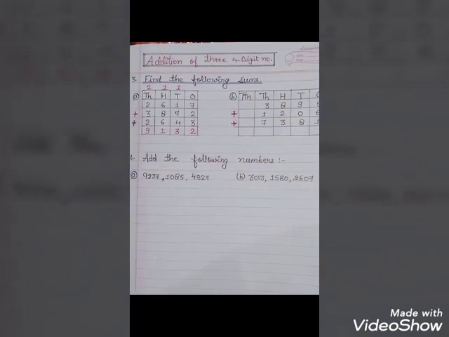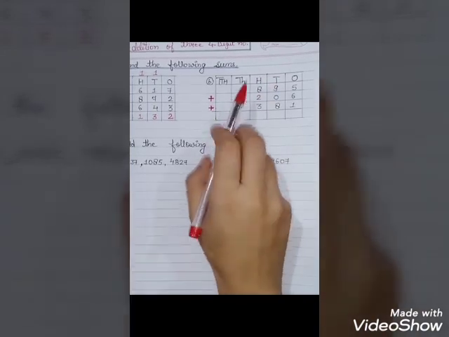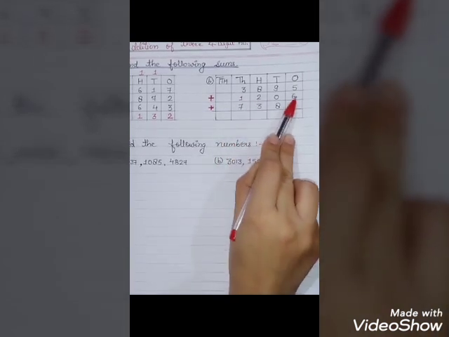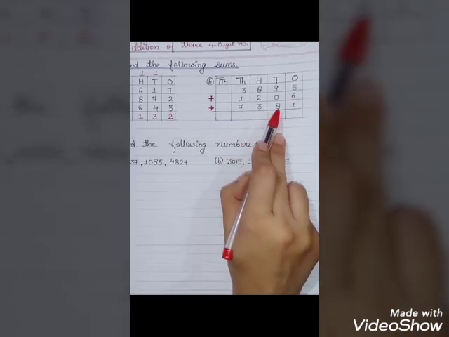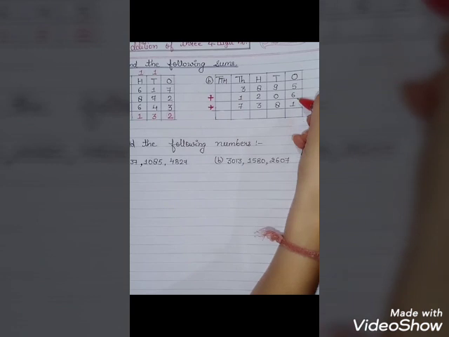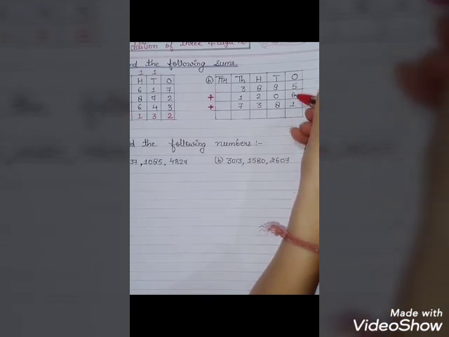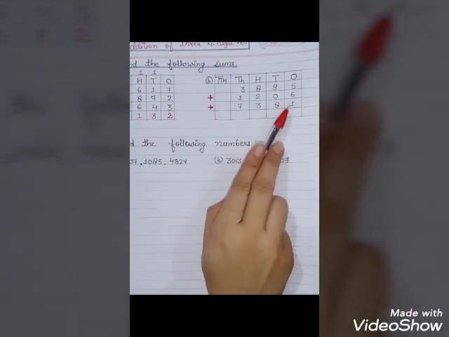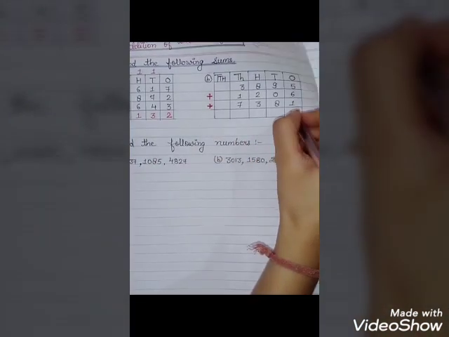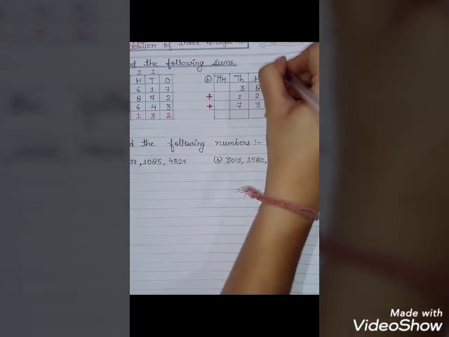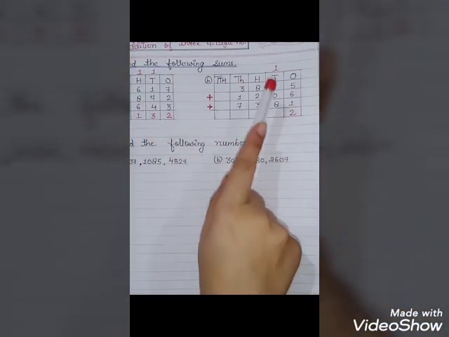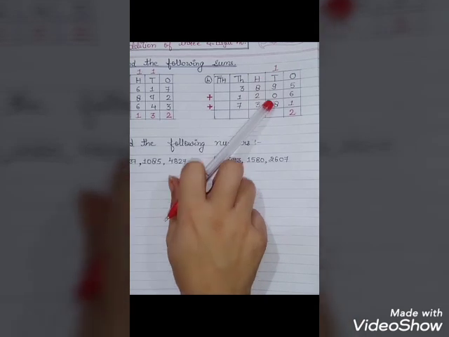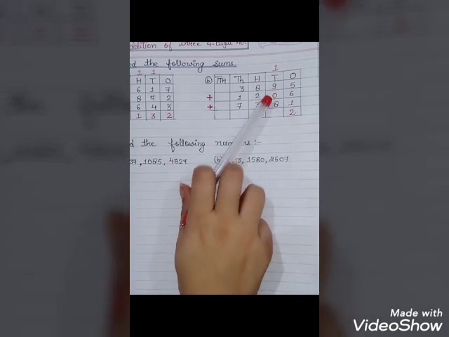Now let's solve the second example. So here the numbers are 3895 plus 1206 plus 7381. Again start from the ones place. If we add ones place digits, 5 plus 6, that is 11. 11 plus 1, we find 12. 12 is a 2-digit number, so we write 2 only here, and 1 is carried over to tens place. Okay. Now on tens place, we have to add these numbers 9, 0 and 8.